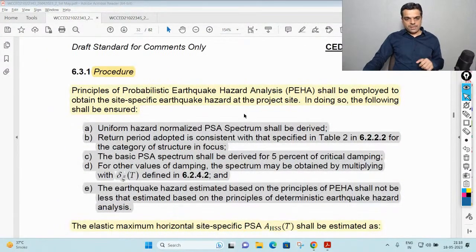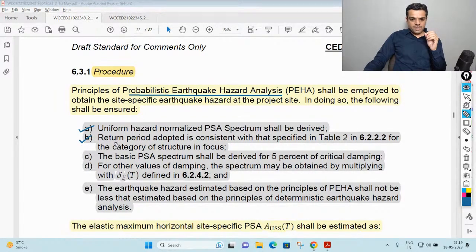Here it defines the brief procedure for finding out the earthquake hazard based on probabilistic earthquake hazard analysis, which is PEHA, considered in the present standard. It says a uniform hazard normalized PSA spectrum shall be derived. The return period adopted for this site specific assessment needs to be consistent with that specified in Table 2, which we discussed earlier, based on the category of the structure. The basic PSA spectrum shall be derived for 5% of critical damping, and for all other values of damping, the spectrum may be obtained by multiplying with the factor defined in